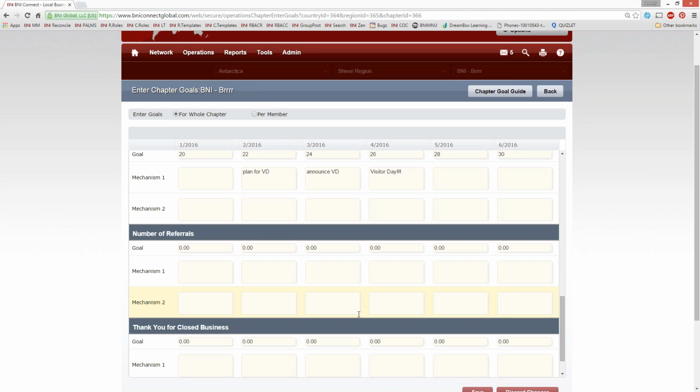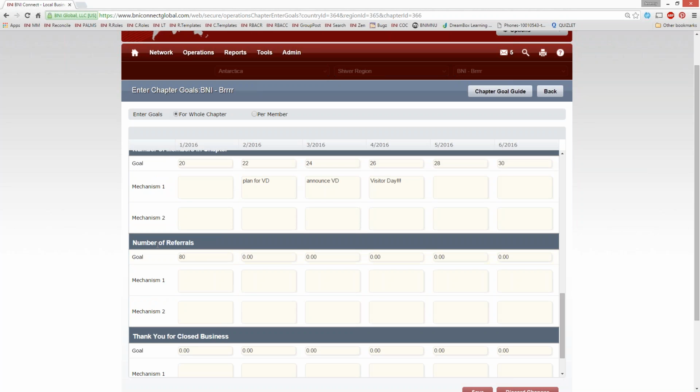But when it comes to the number of referrals and one-to-ones and CEUs, the way we can calculate this is, let's say we have 20 members in the chapter. If each member is bringing in 1 per week, that's 4 per month on average. So we're going to call this 80. And then next month, because we're going to have 2 more members, hopefully, we are going to call that 22 times 4, or 88. And we can just move up from there, adding 8 more each month.